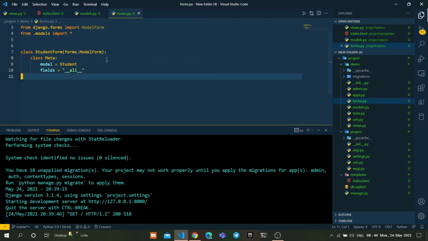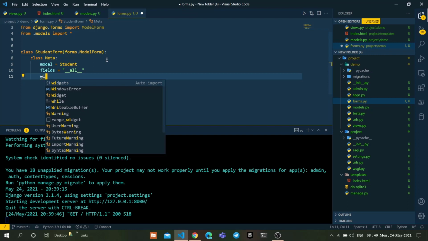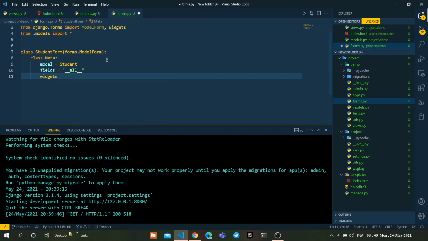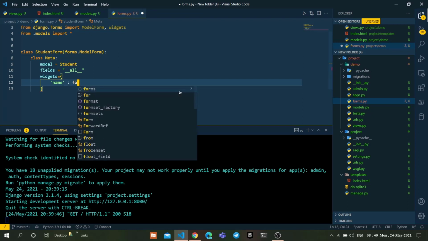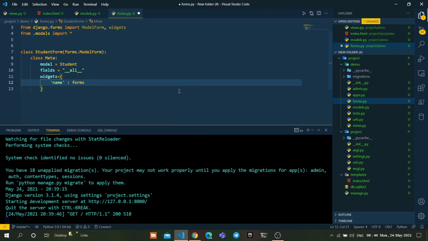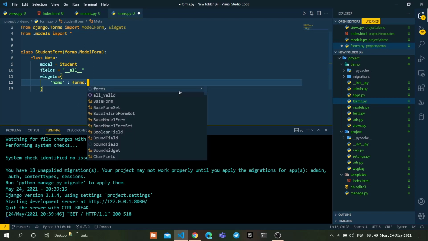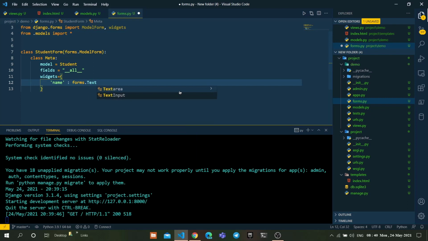So go to the forms.py, and again under the fields write widgets equal to a new dictionary of. Here name, name colon forms dot, as we know, name is a text input.